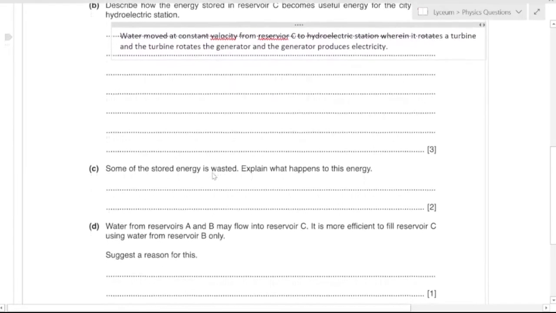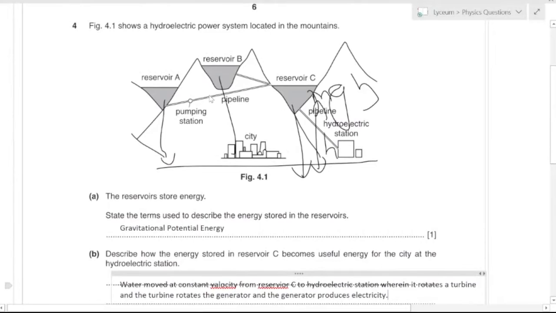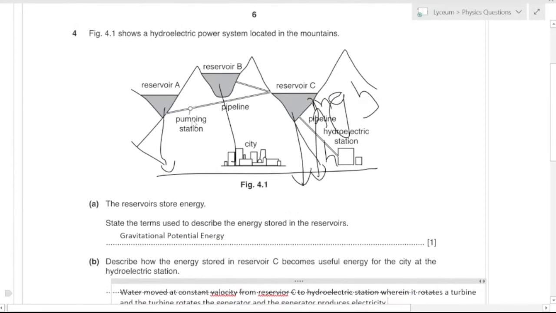So some of the stored energy is wasted. Explain what happens with this energy. So basically what happens is when the water moves from reservoir A to reservoir C or from C to the hydroelectric station, the water moving through the pipeline will face some amount of resistance, like from the material of the pipeline, due to which some of the energy of the water will be wasted